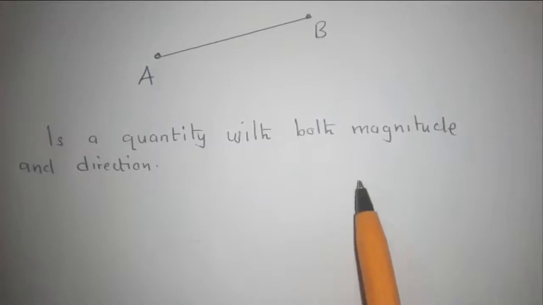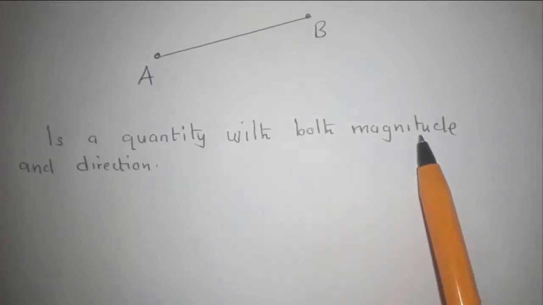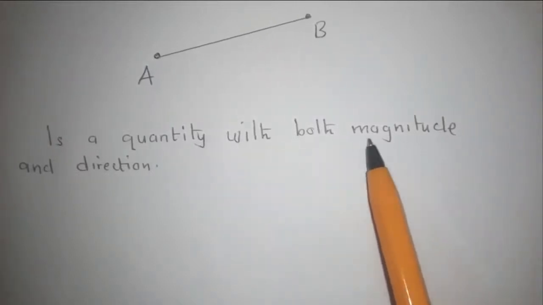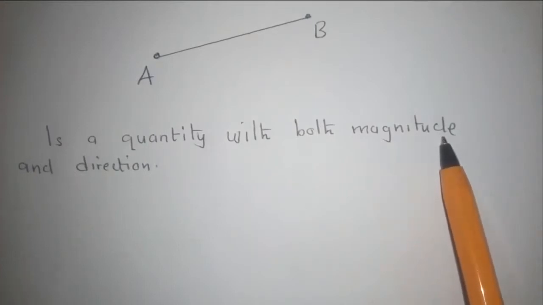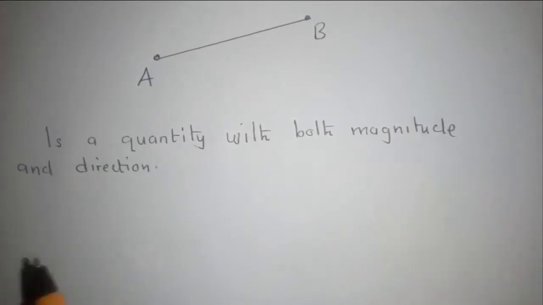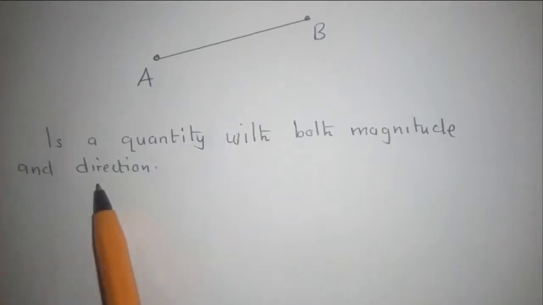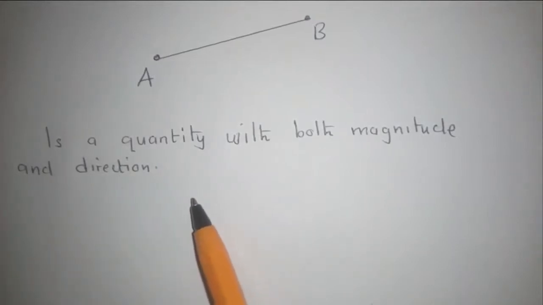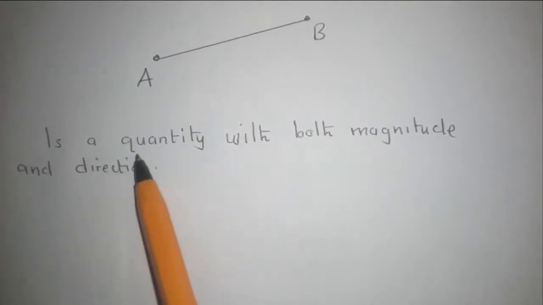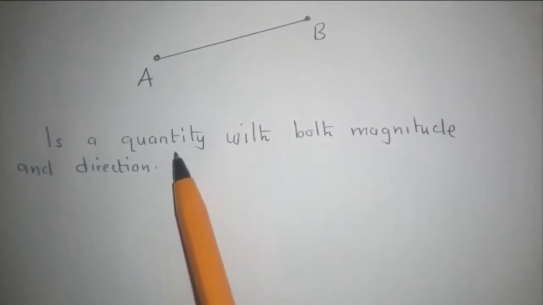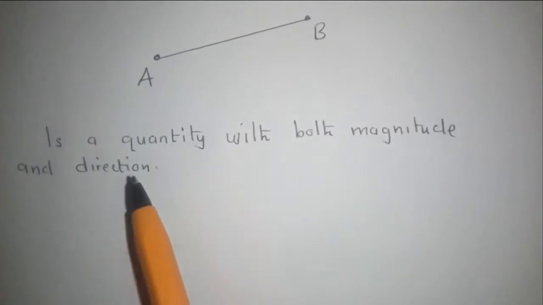So I know some people may be wondering what magnitude is. What does this magnitude mean? Magnitude means length, and I guess you know what direction is. Direction is north, south, which direction this stuff is going to. So here on quantity, it's just a number. So we'll say this